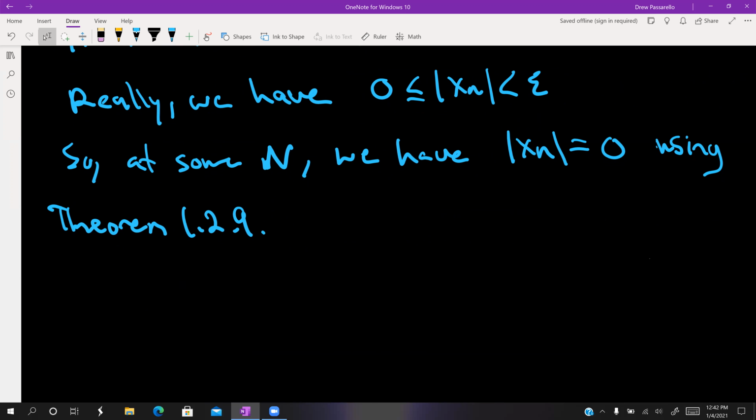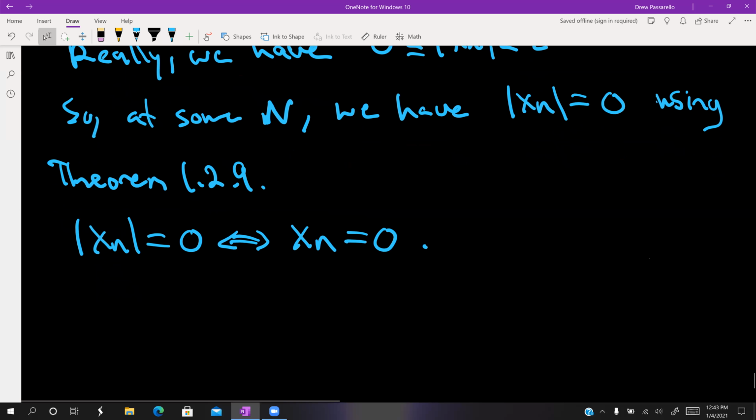All right, so again, still using this capital N, that equals 0. And then if and only if xn is 0, right? So the absolute value of something being equal to 0 has to mean that the something you're taking the absolute value of is itself equal to 0. So that's if and only if xn equals 0. So again, using this same capital N,